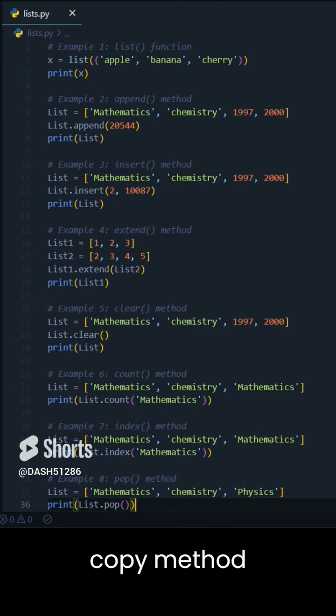The copy method returns a shallow copy of a list. This means